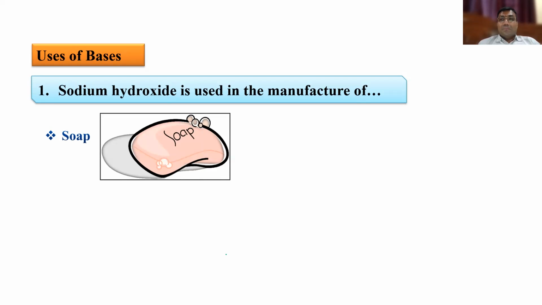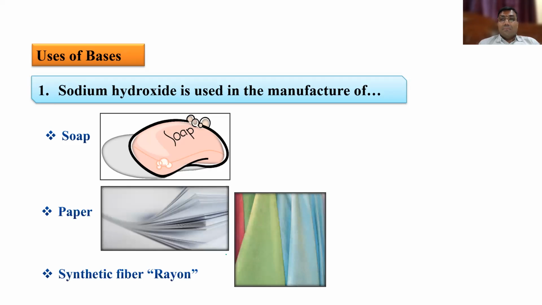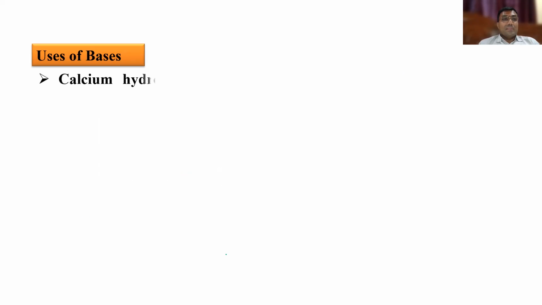Sometimes there are soft soaps, like baby soap, Johnson and Johnson. I don't think you use that. For Ayurvedic soap, they add some Ayurvedic ingredients as additives. The basic soap is the same, but based on the additives they say this is an Ayurvedic soap, this is a herbal soap, this is a Tulsi soap. Very good. Sodium hydroxide is also used in the paper industry and rayon manufacture. Rayon is basically a fabric fiber.